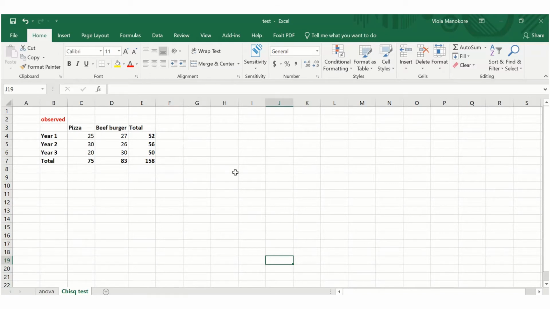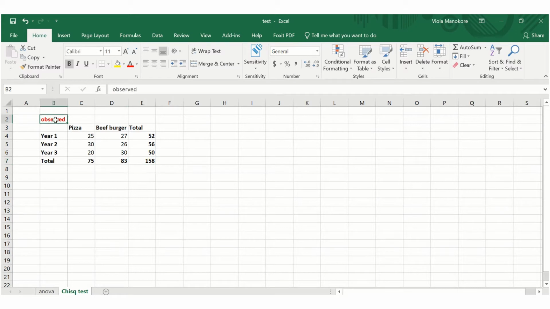In this short video, I will show you how to do chi-square test using Excel. With chi-square, you compare observed and expected values. Here I already have the table of my observed values, where I have year 1, year 2 and year 3 students and the meals they ordered. So I have a total of 52 year 1, 56 year 2, 50 year 3 and a grand total of